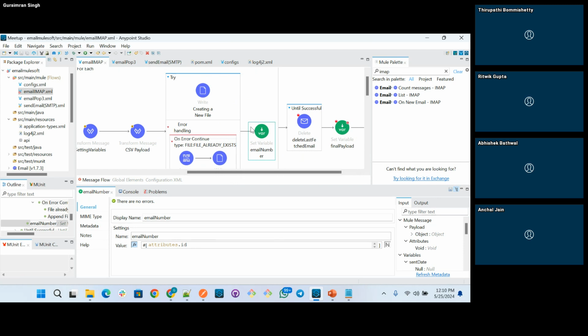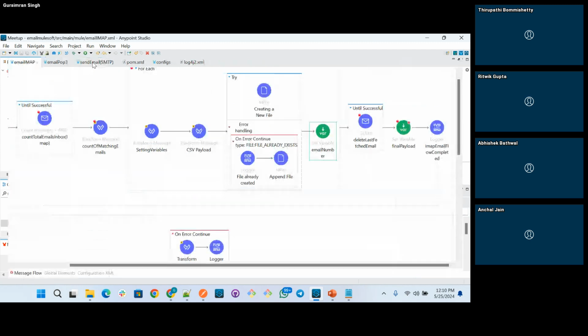Okay, so this is a bit tricky. In the last execution the ID will be overridden. It will be the last retrieved email ID. So that will be stored.